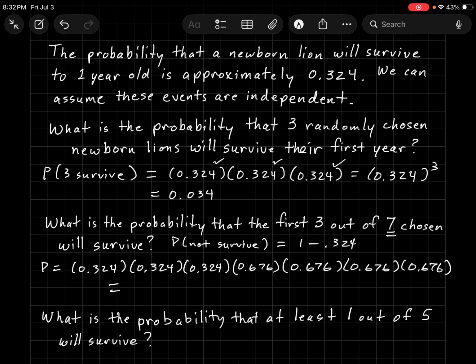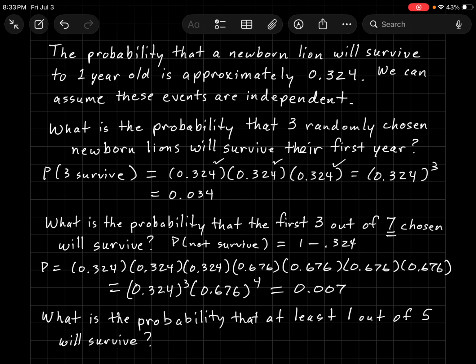Which could have been written like this: 0.324 cubed times 0.676 to the fourth. Hey, if you understand that, that's the main thing, because the final answer is simply type into a calculator, that is not the most important part. The most important part is really the setup. All right,